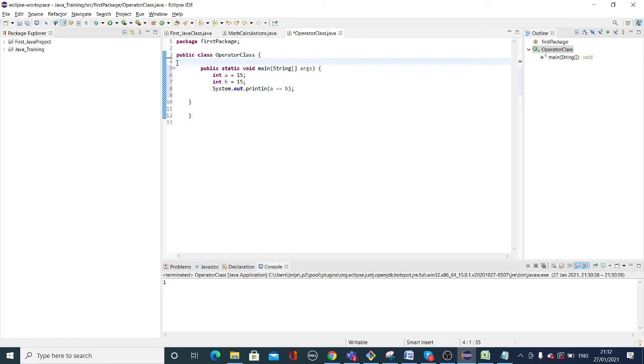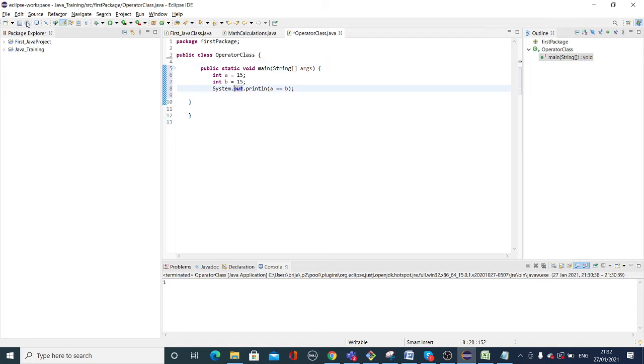Based on this comparison, we can do all the comparisons and statements. Whenever you verify something as a tester, you check that this result equals this, like expected result equals actual result, then do this, or simply you can say test pass or test fail.